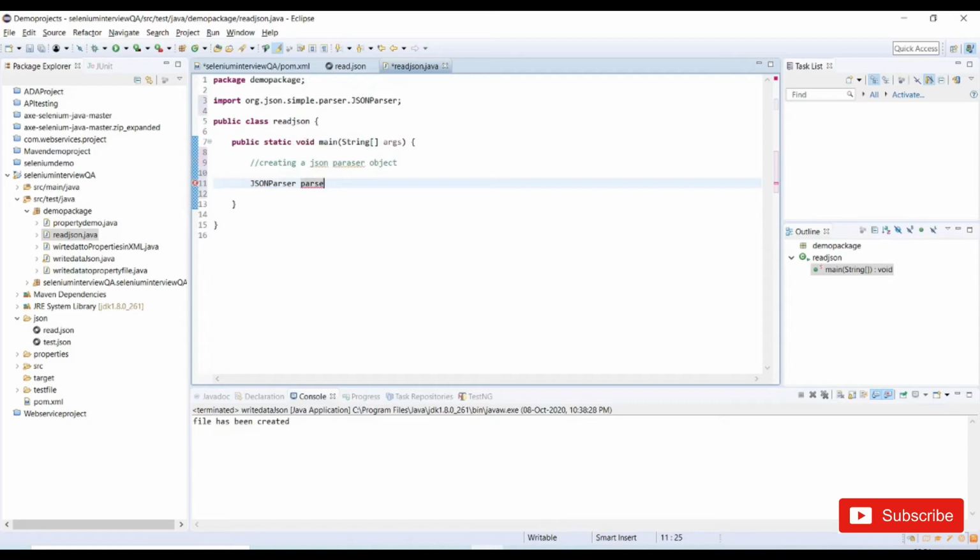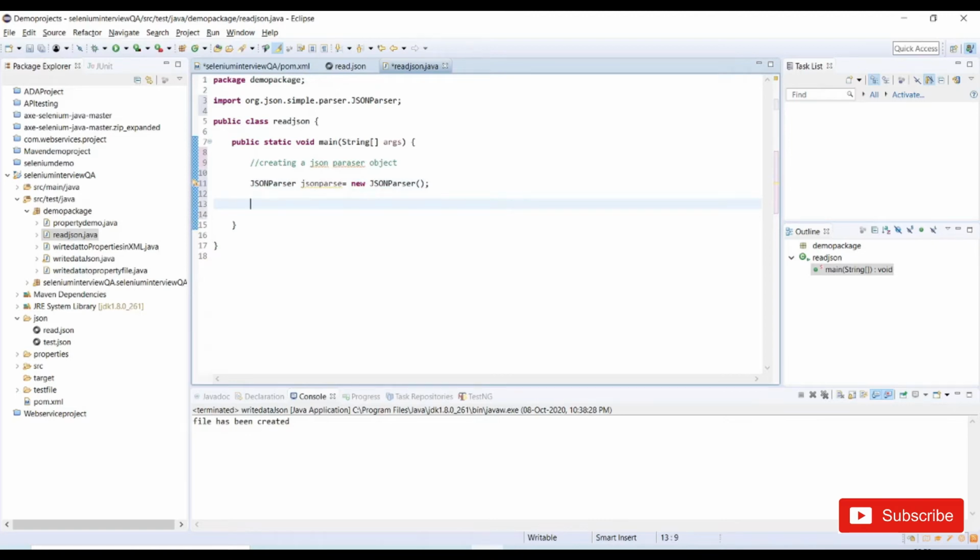I think parse is a method name, so I can use JSONParser parser equal to new JSONParser. Now we have created a JSON parser object.